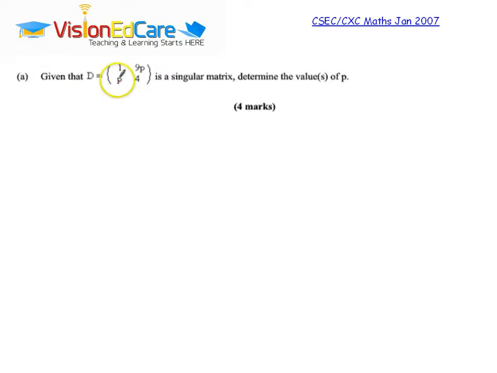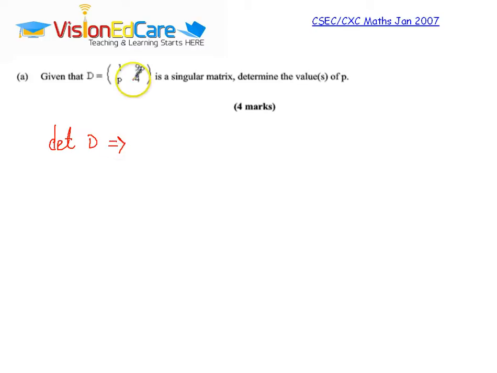Given that D equals the 2 by 2 matrix here and it is singular, you're asked to determine the values of P. When a matrix is singular, the determinant is equal to 0. So let us first find the determinant of the matrix. The determinant D